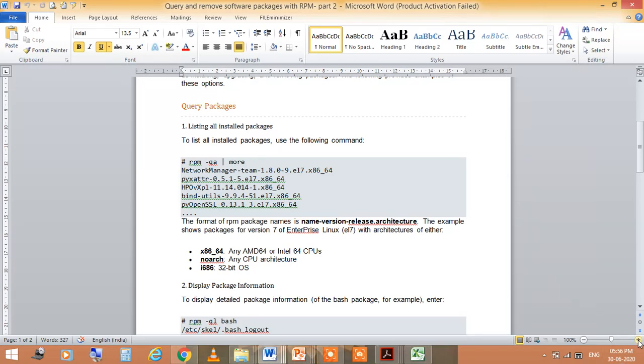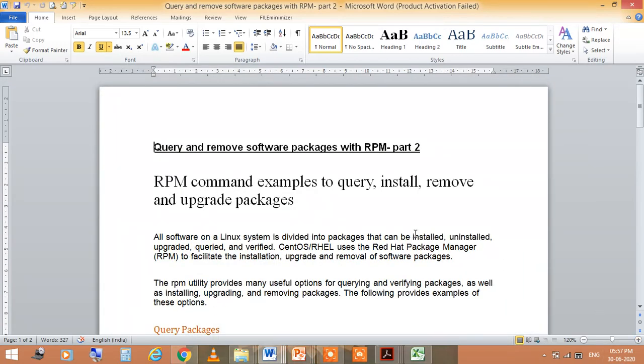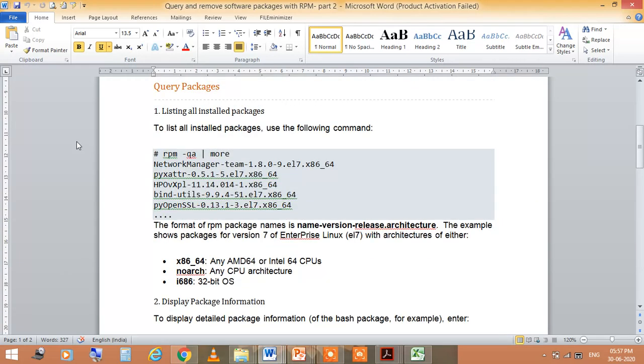If you want to see the list of installed packages in your system, you just type the command rpm -qa. When you type this, it will display the packages which are installed on your PC.